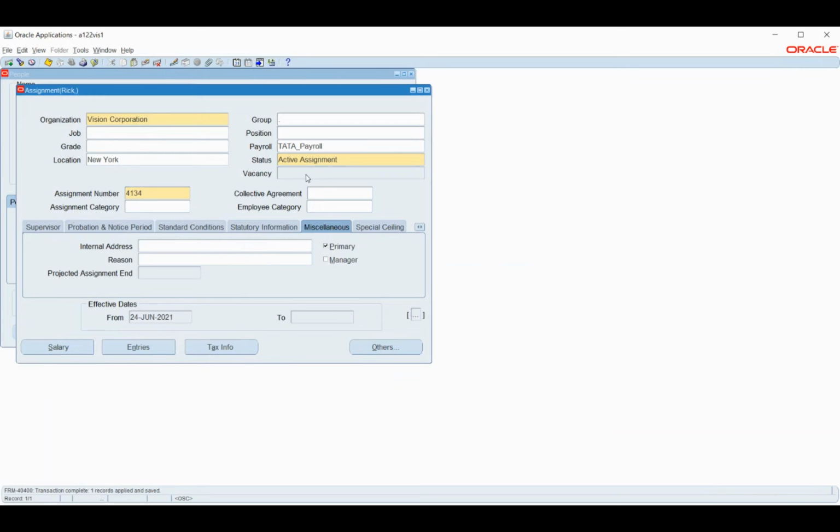What we have done is just attach the payroll entity that we created. The one that we created is Tata underscore payroll. So I have just attached it.